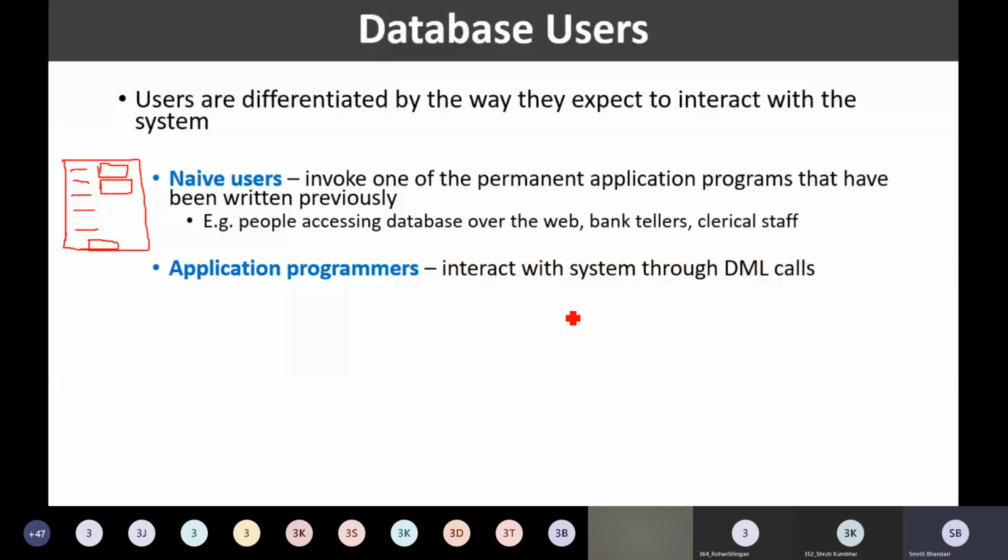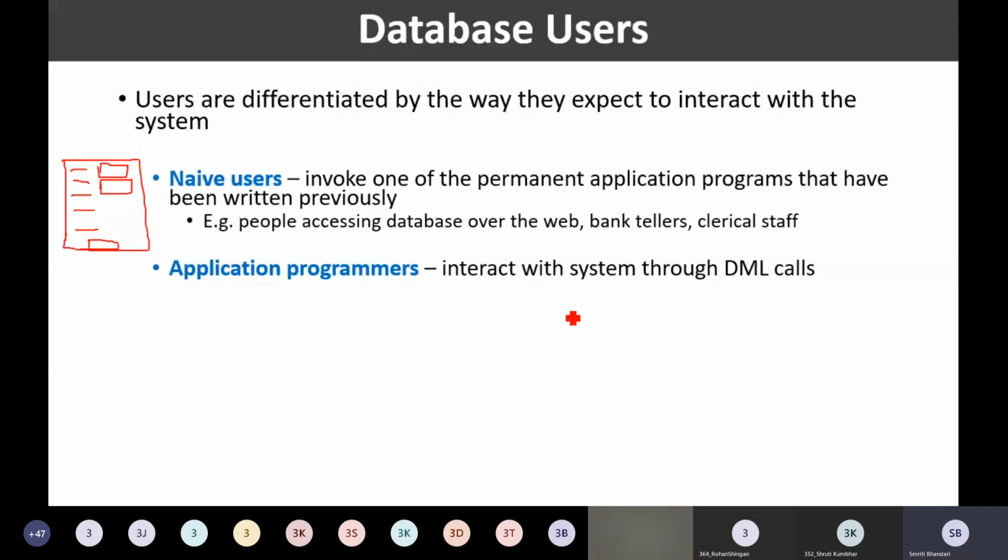You might have heard about RAD tools. These are the tools that enable the application programmer to construct the forms, to create the reports, and so on. Okay, so what is the role of the application programmer? The application programmer is actually writing the code to provide the functionality.